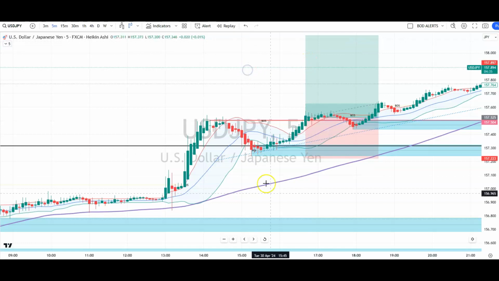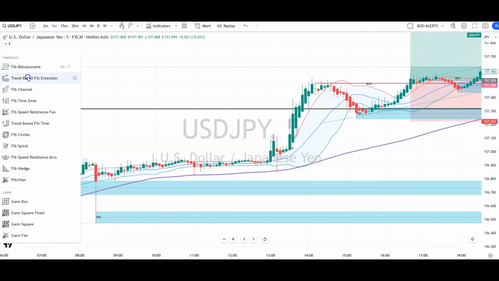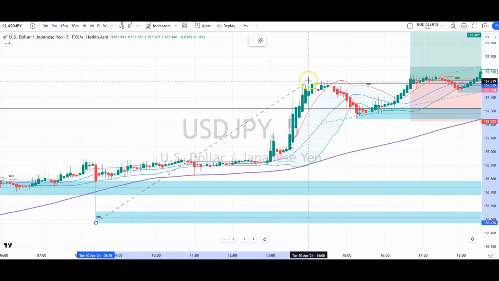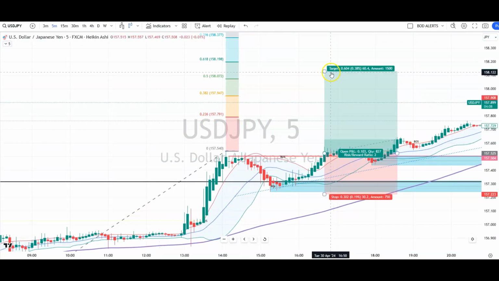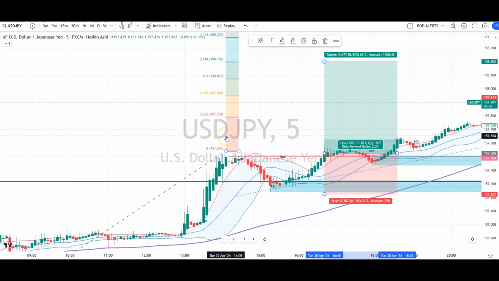Makes sense, doesn't it? But what I'm actually going to do is look at the swing low from the previous swing low. Grab my tool from here. So you can take it from the bottom here, the extreme low, or from here. See how that works out. So let's take this one to this swing high here, drag it across so you can see it, and you can see that that's 50%, so you can go for 618% of 158.19, which gives you 67 pips, 2.24 risk to reward,